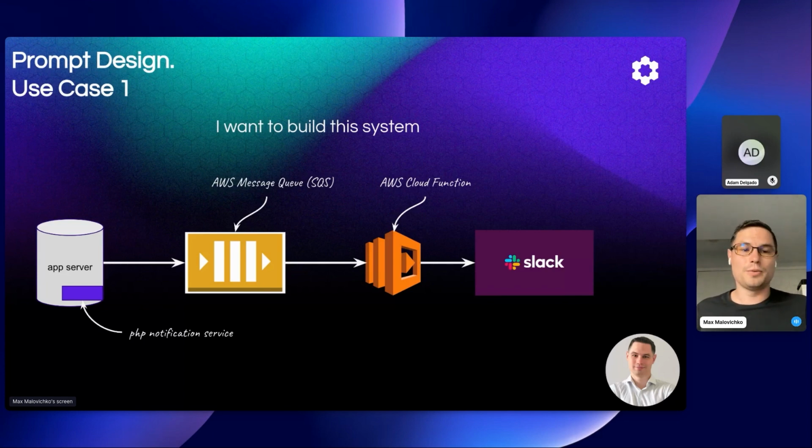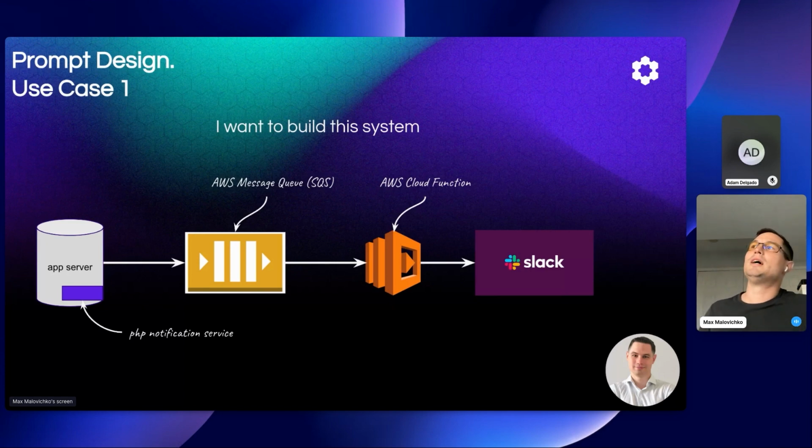So what I want to do when this event happens is catch it with my service. I want to send a message to a Simple Queue Service (SQS) queue on AWS. I want to create a Lambda function that will be listening to that queue. It will read the payload and fire a message to Slack to a group of people who are interested in that. So that's actually the fun part, right? I want to architect the system, but I don't want to write this code.